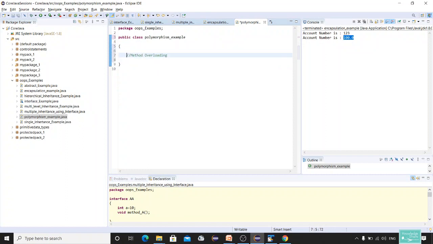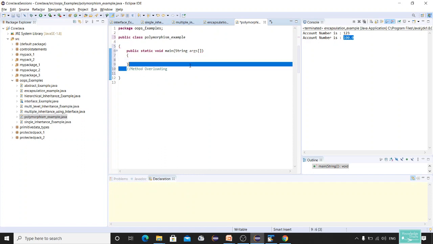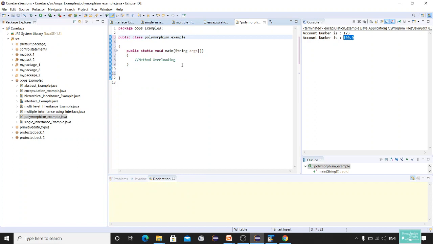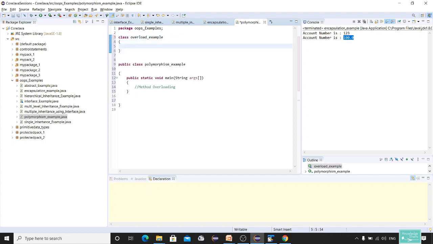Let me have a main method here, public static void main. Now let me create one more class which will have the same methods with different arguments, right? I'll call it class overload example. Okay.